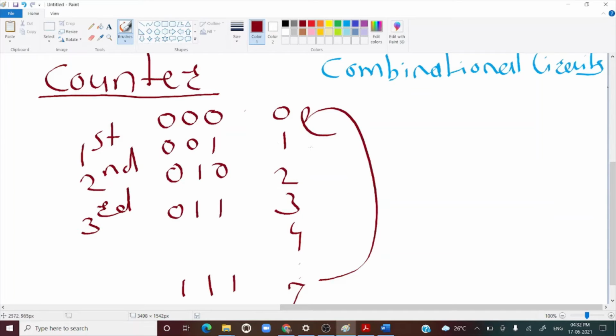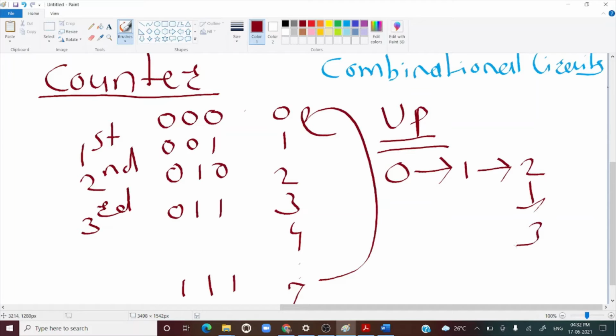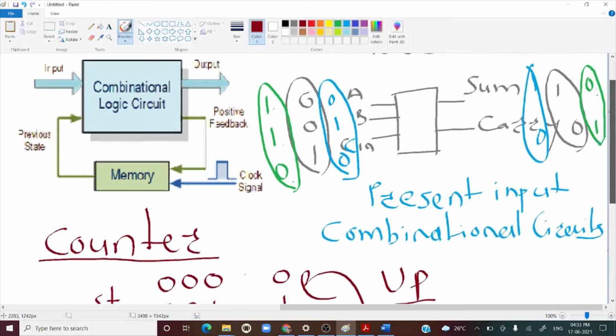After 0 you are getting 1. After 1 you are getting 2. Then 3, then 4. This is the example of an up counter, which counts upwards. So after 0 it gives 1, after 1, 2, then 3 and so on. So here the output depends on the previous state. Meaning whatever the previous state was, accordingly you are getting the output. If the previous state was 0, 1, 1 and then you apply the clock pulse, then the next output should be 1, 0, 0. Right? So there is a relation between the previous and the next output. So this is the basic concept of the sequential circuit.